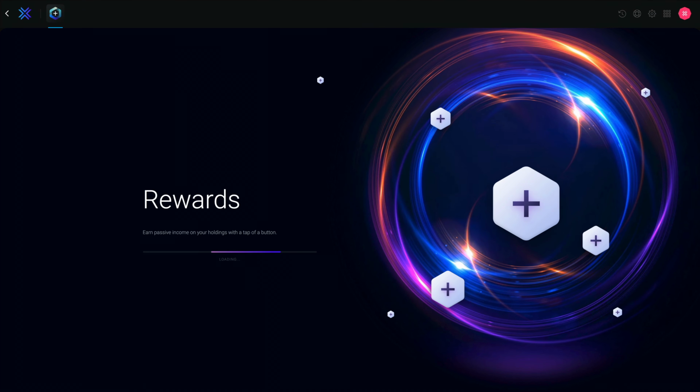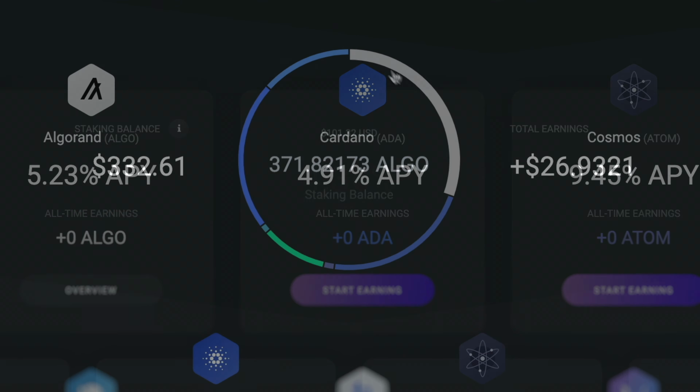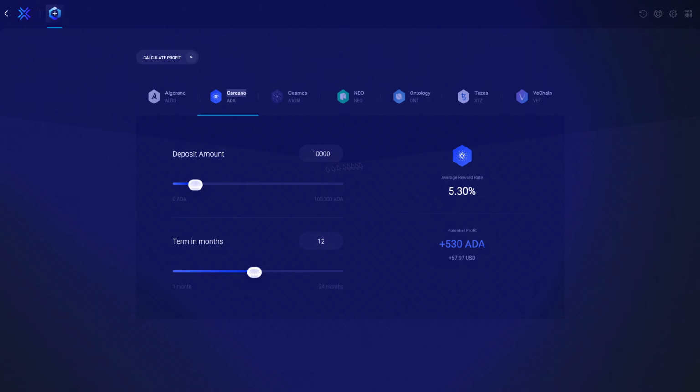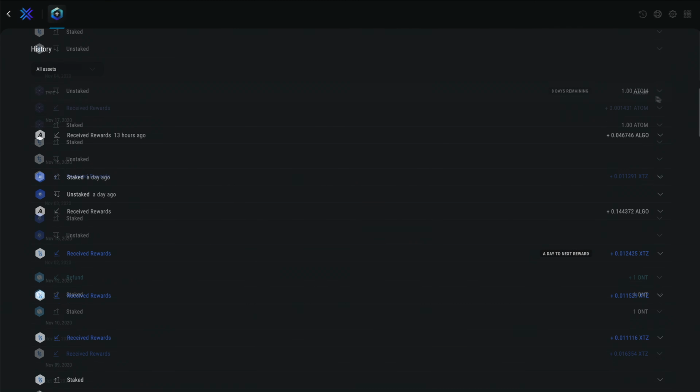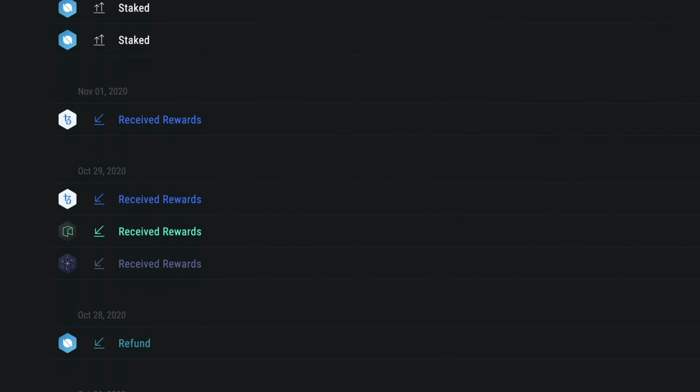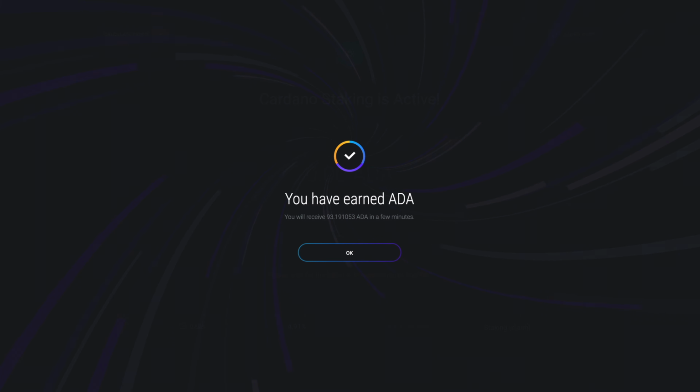In this video, we will learn how to stake Cardano ADA and earn ADA tokens as a reward. The easiest and quickest way to stake Cardano ADA is with Exodus. Your staked ADA tokens remain available for sending and exchanging, and if your wallet receives more ADA tokens, those too are automatically staked and will earn rewards.